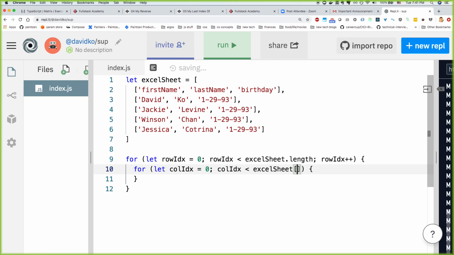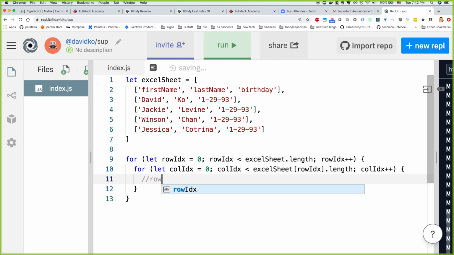It's basically Excel sheet at row index dot length, and that gives you the length of this element, and then it also gives you the length of this element, and this element and this element. So, and then here we do column index plus plus, and now inside here we have row index and we have column index, and that's all we need to access the specific cell of the